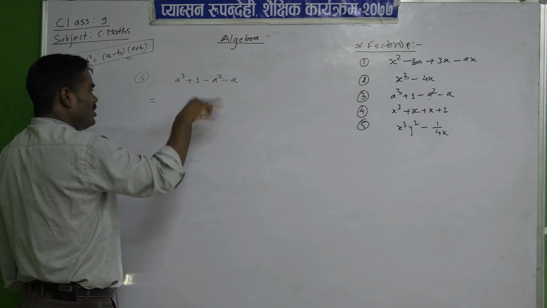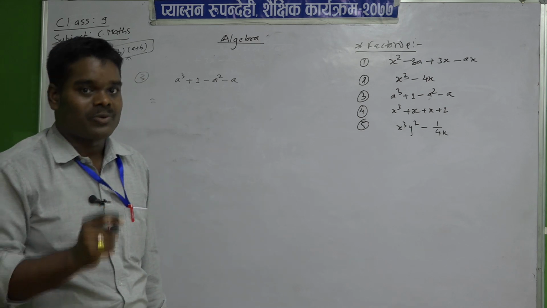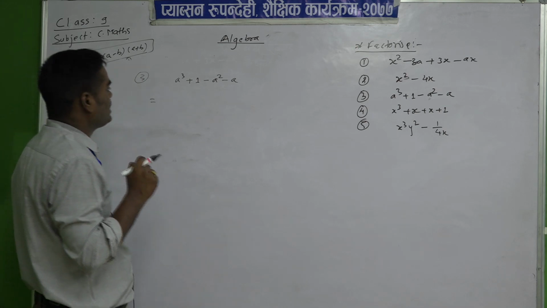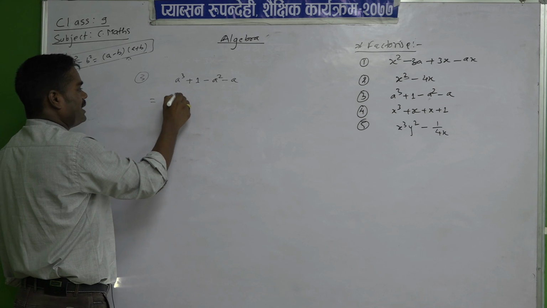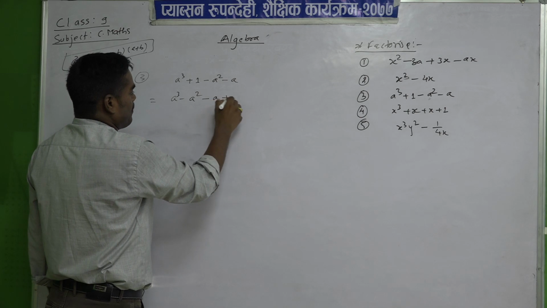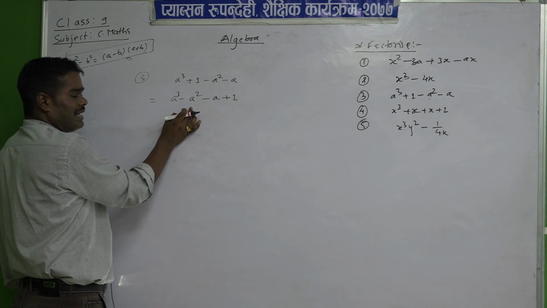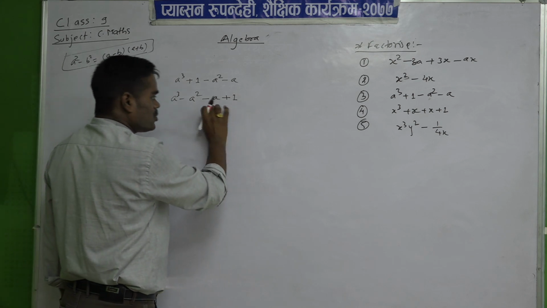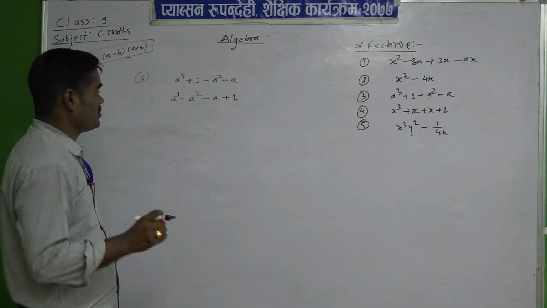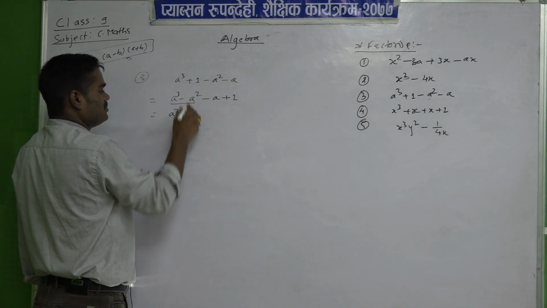So you have to arrange them in such a way that after taking the common factor from 2 terms, whatever is inside the bracket must be the same. Here, a cube, then minus a square minus a plus 1. In between 2 terms here, a square is common, and what is left inside the bracket? A minus 1. And in the other 2 terms, nothing is common, so 1 is common.